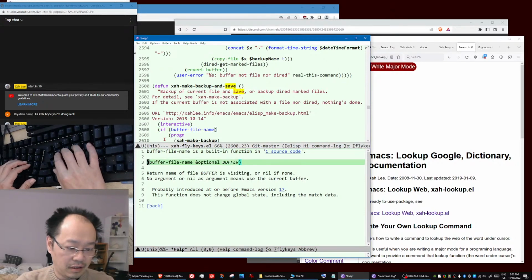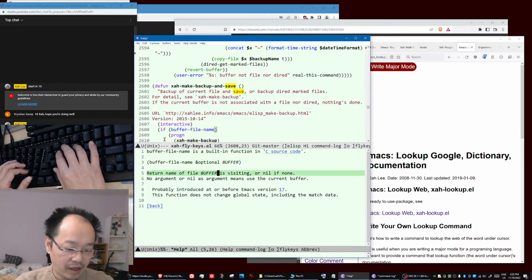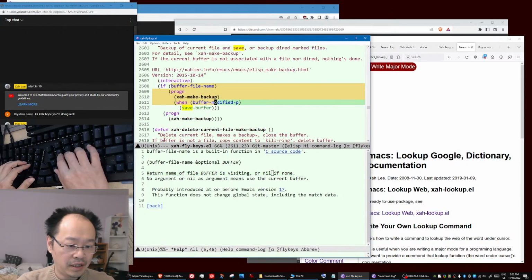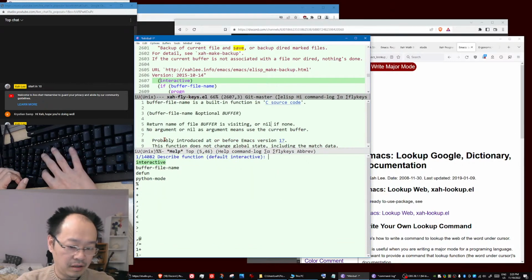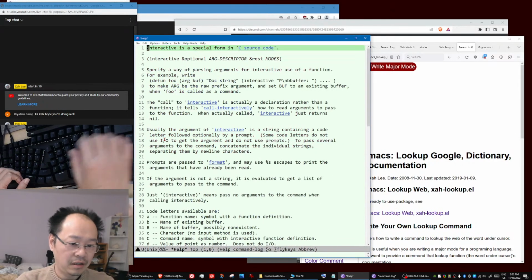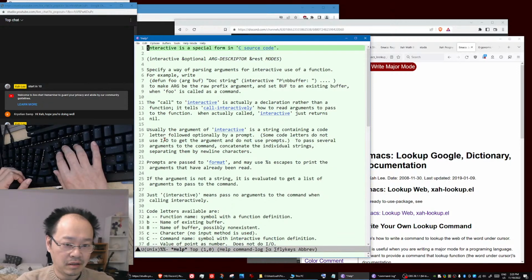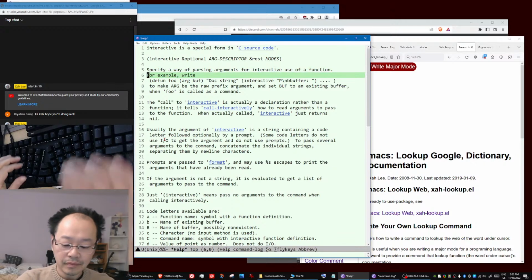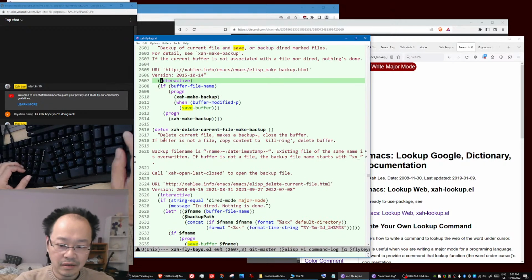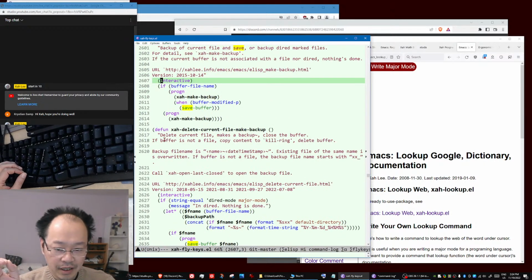So, it says returns the name of file buffer is visiting, or nil if not. You can look up any word, for example, interactive. Describe function, interactive. So you can see interactive is a special form in C source code, and so on. But if you are in another language, JavaScript, PHP, Python, Ruby, Golang, C++,